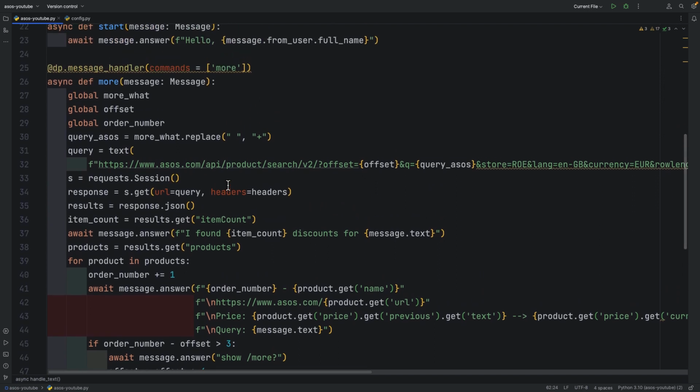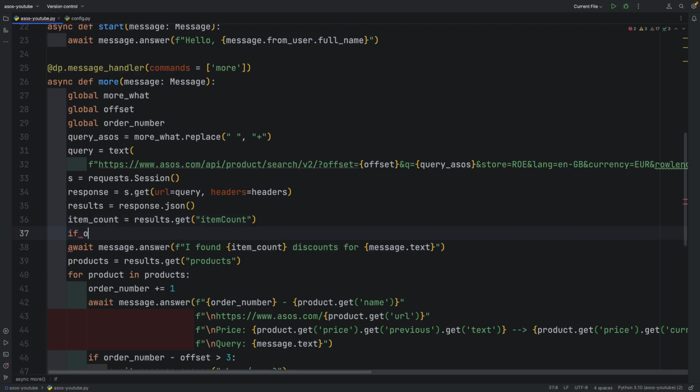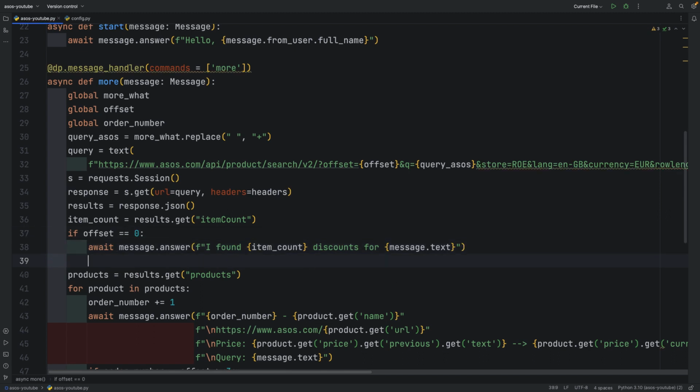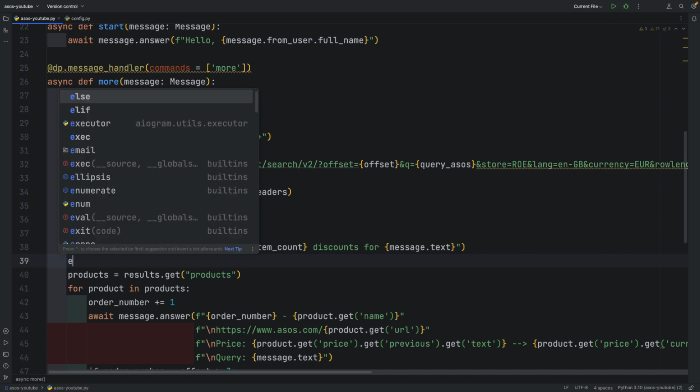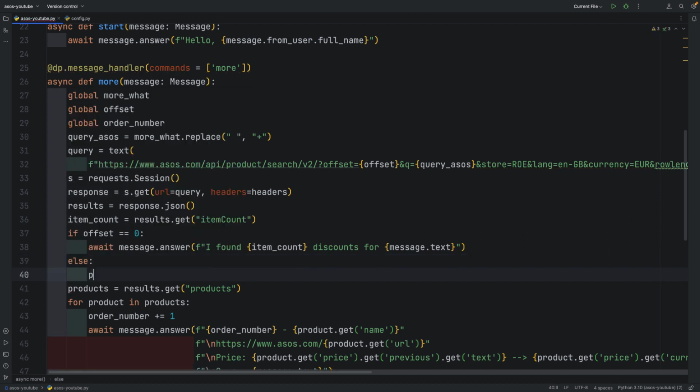Now let's add a few lines of code to the more function. It will check if the offset is equal to 0. If it is, we will send the user a message informing them of how many products the bot found. Else, pass, meaning if the offset is any other number, then we will just send 4 more products.